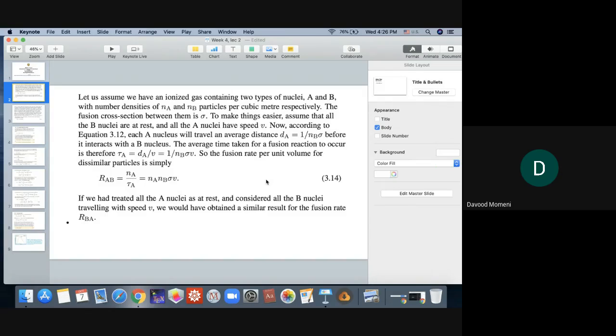If each one has the number density of NA and NB per cubic meter, then they are going to have fusion reactions. For the rate of the fusion reaction, we quantify the nuclear reactions by introducing things which we call cross sections. So first we are thinking about the case that the nuclei A and B